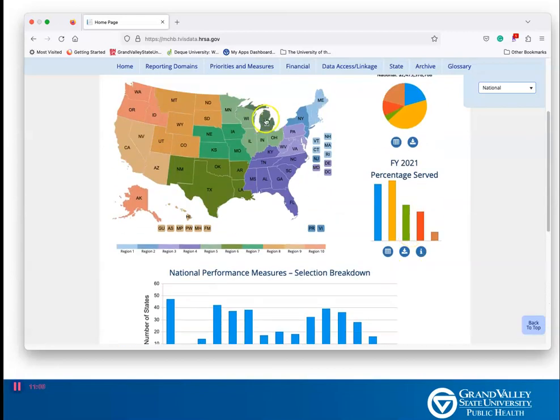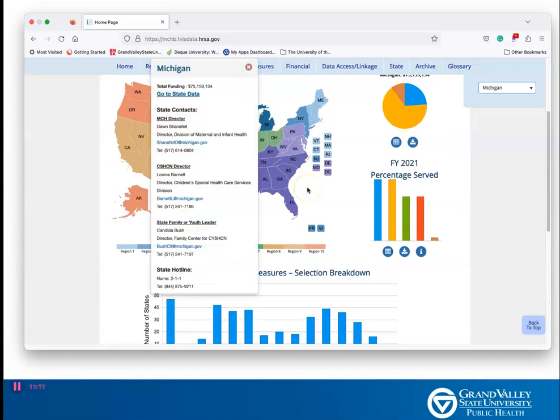But for now, let's just take a look at maybe Michigan. Here is the funding that went there. Who's in charge, the Women and Children's Health Director? Who's that person? You can see all of this information here. So these are potential places where you could actually work. And then if you click on go to state data,